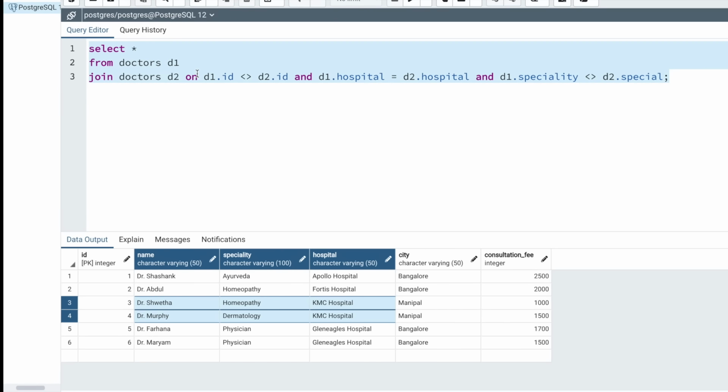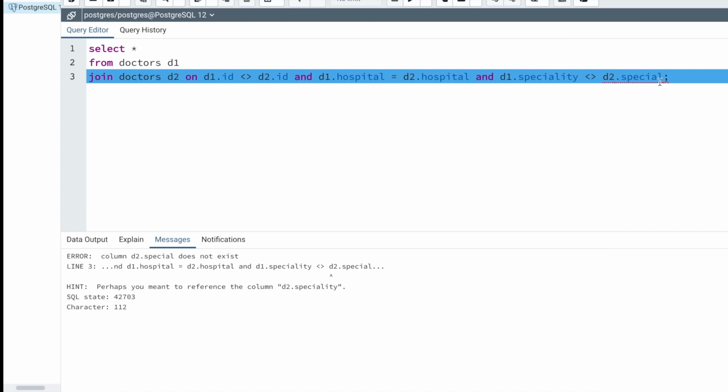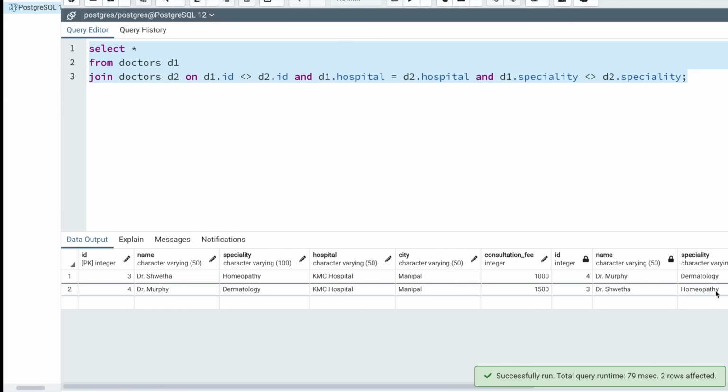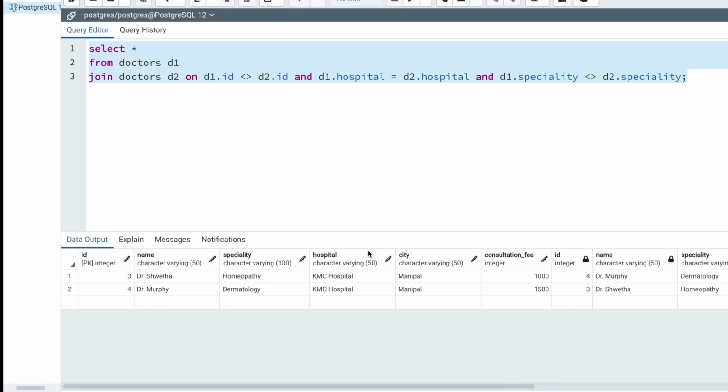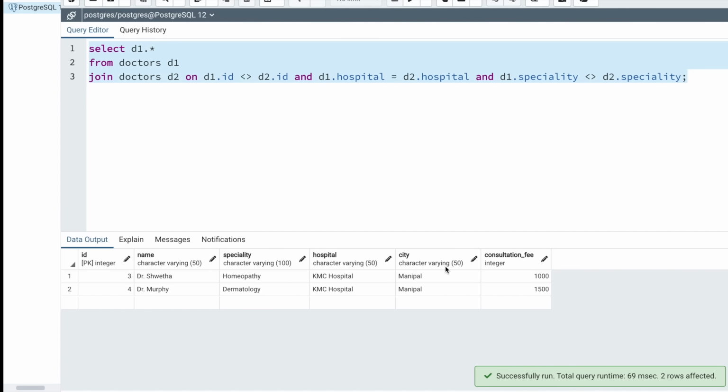Now if I just execute this, okay, I did a typo here, so let me fix that. And now if I execute this, you can see that I'm getting the correct number of records, but the number of columns are a lot, and this is because I'm using a star here. When I'm using a star and I did not mention the alias, it will fetch all the columns from the D1 table as well as all the columns from the D2 table. So let's change it to D1 dot star, because basically these both are the same table. I just want columns from any one of these tables. I'll say D1 dot star, and now if I execute, you can see that the columns are fine.